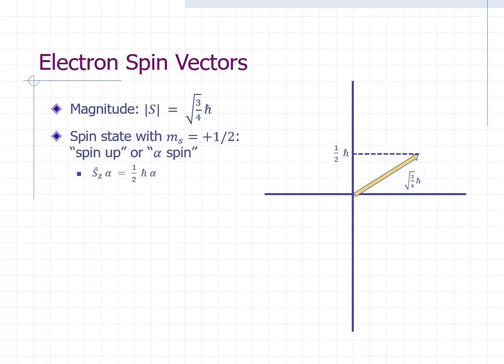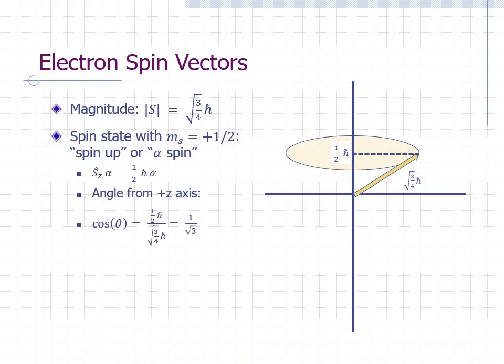Note that although we know the magnitude of the spin vector and its z-component, we cannot specify all three components simultaneously. As a result, we can only describe the spin vector as making a fixed angle with the z-axis. The tip of the arrow can be anywhere on this circle that is parallel to the xy plane. We can see from this vector diagram that the cosine of the angle between the positive z-axis and the spin